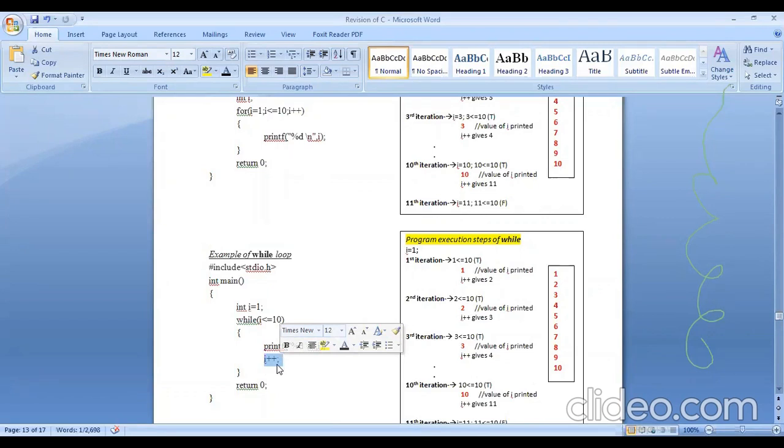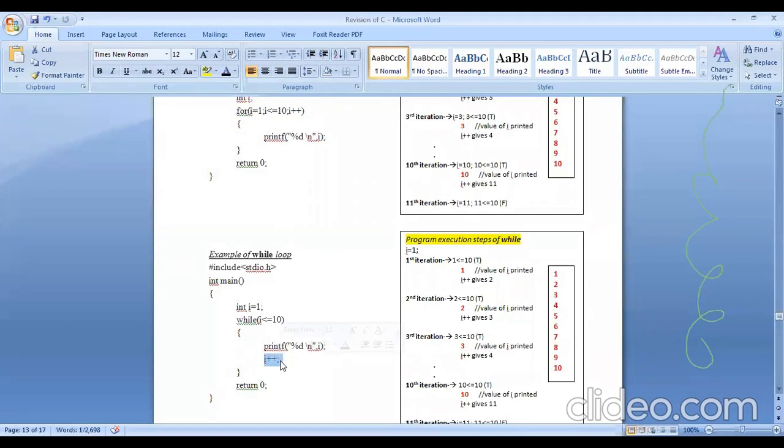Fine. So, as I said, the difference between for and while lies only in the syntax. You can see that in for, all initializations, conditions, and updations are written in the same line, but here we write them in 3 different parts. First initialization is done, then we have the condition inside the while statement, then we have the block, and at the end we have the increment or decrement operator.